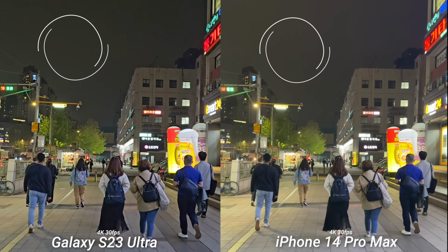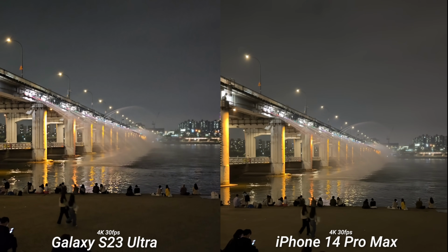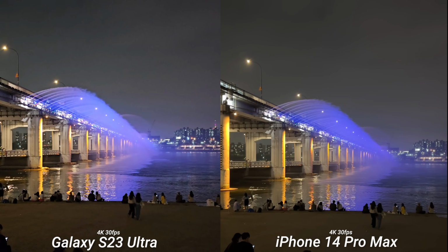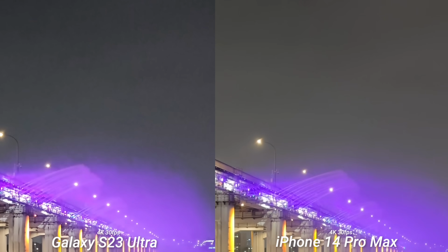Now, while the video is noisier, the image is actually sharper on the S23 Ultra, so night video has come a long way. Again, the noise reduction is where the iPhone is still winning. You really can't see this until you punch in. Now you can see the noise pretty clearly in the sky. With the iPhone, it's really clean,